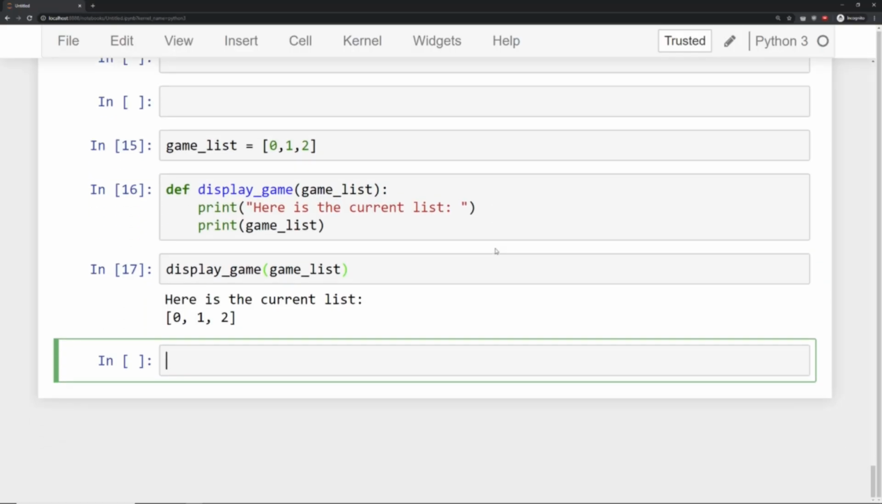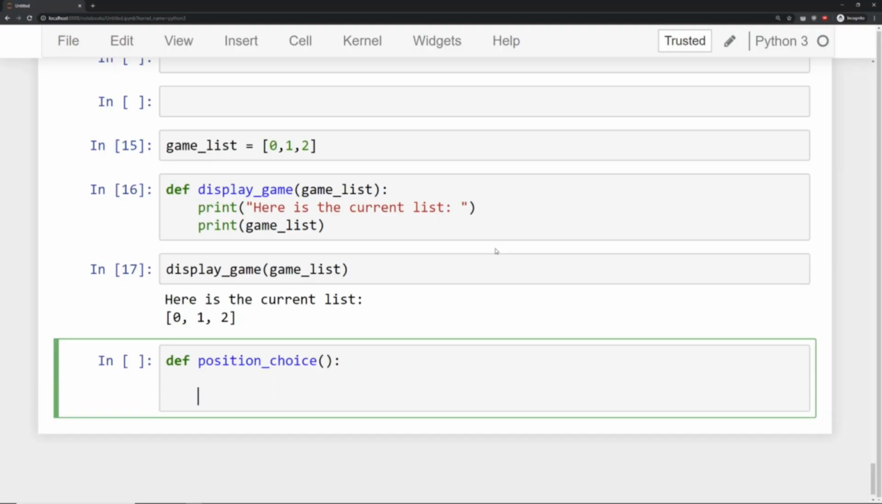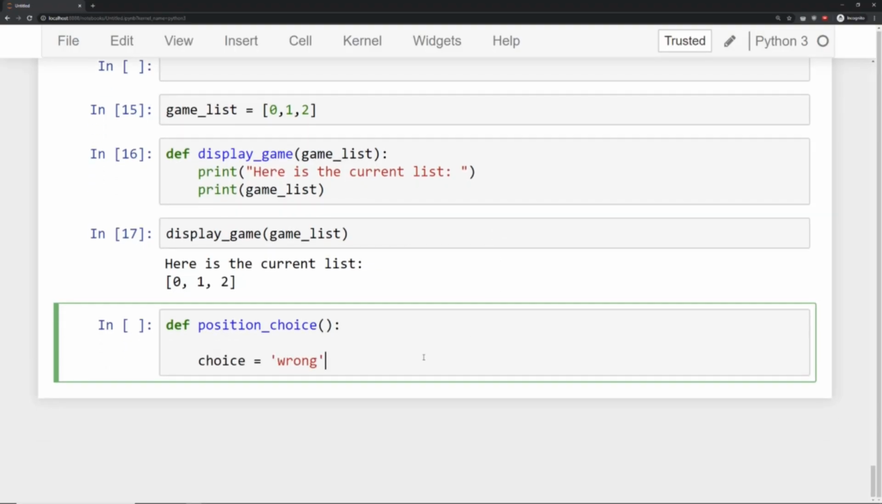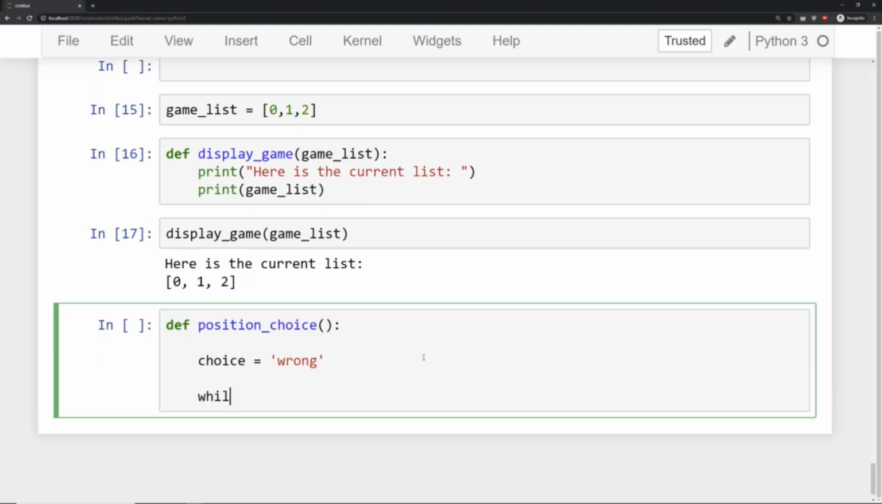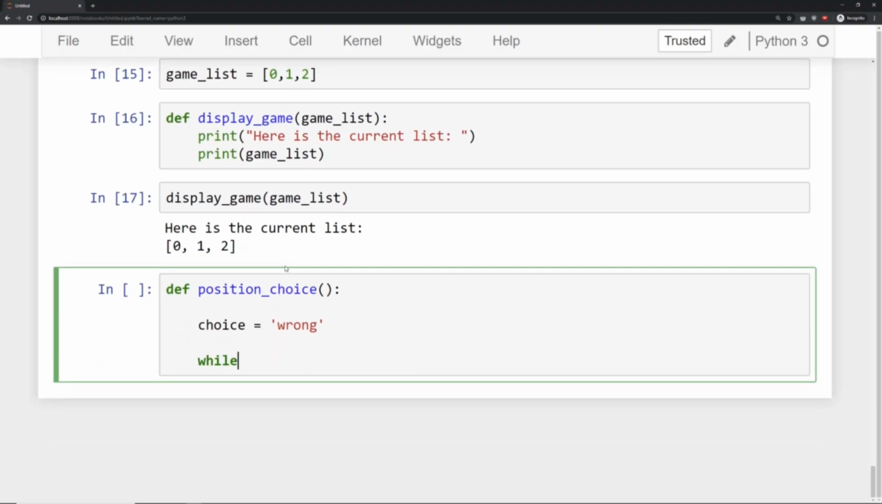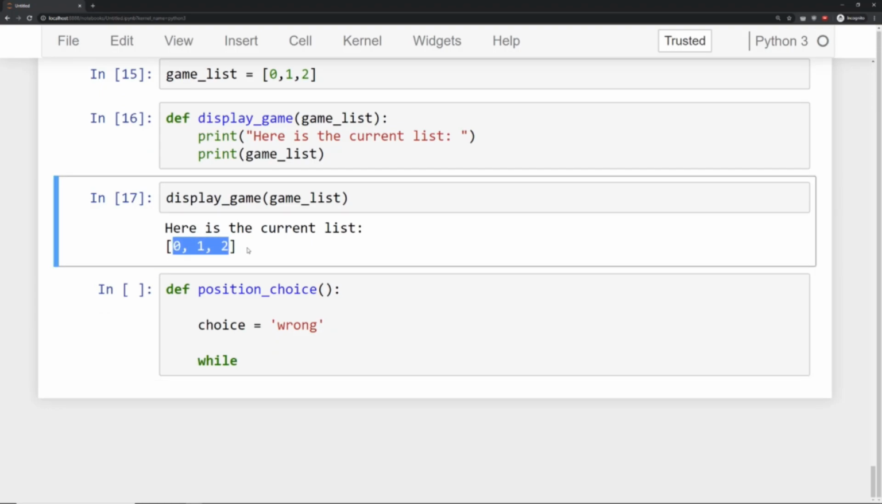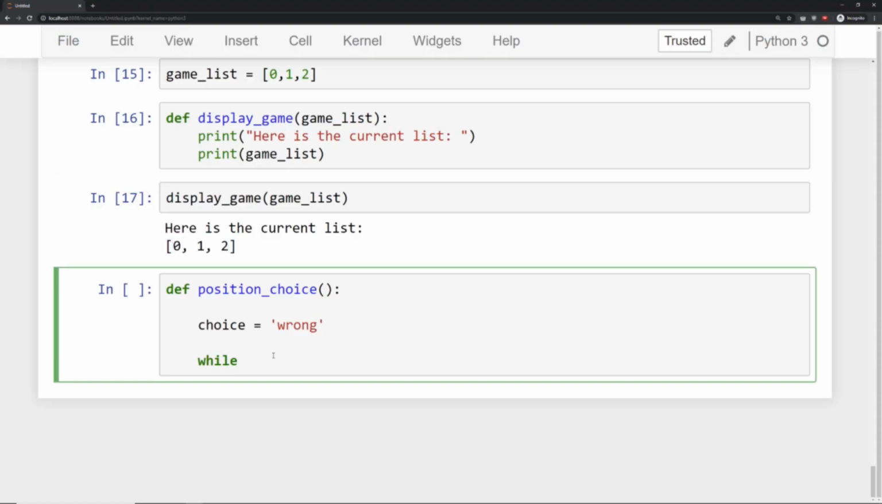Okay, now comes the time to get a position choice. And this is very similar to the functions that we've been creating throughout the series of lectures. We'll say position choice. We'll say the initial choice is invalid. So we'll say the first choice is wrong. So how can we do this? Well, for this very simple game, I know that my choice has to be either 0, 1, or 2. Lots and lots of different ways you can do this. If you want, you can follow along with the previous methods shown, but I'm going to make this even simpler